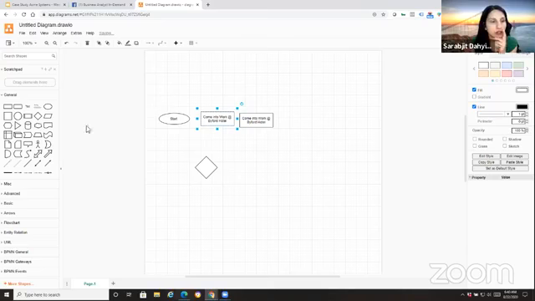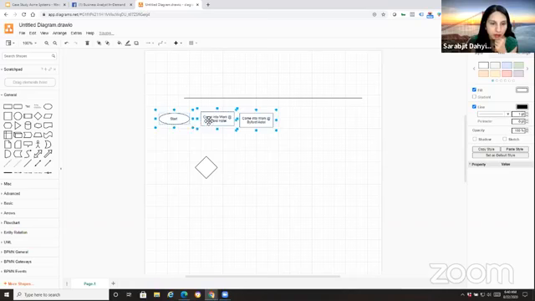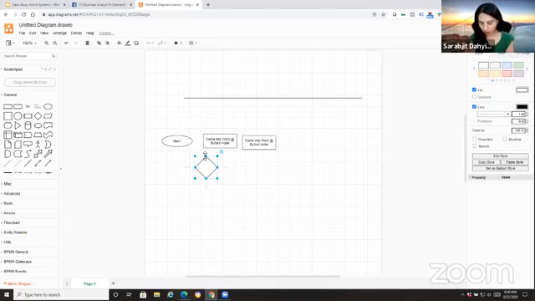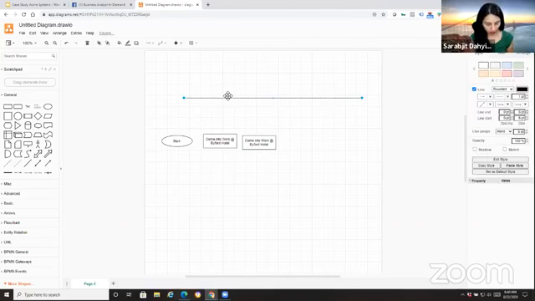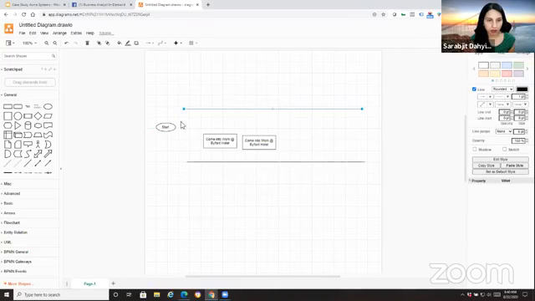I think let's do swim lane diagrams. A swim lane diagram is a way to showcase the different relationships between the different users that you have in the system, okay? Visio makes this a lot easier to do, so bear with me, you guys, as I try to set this up.